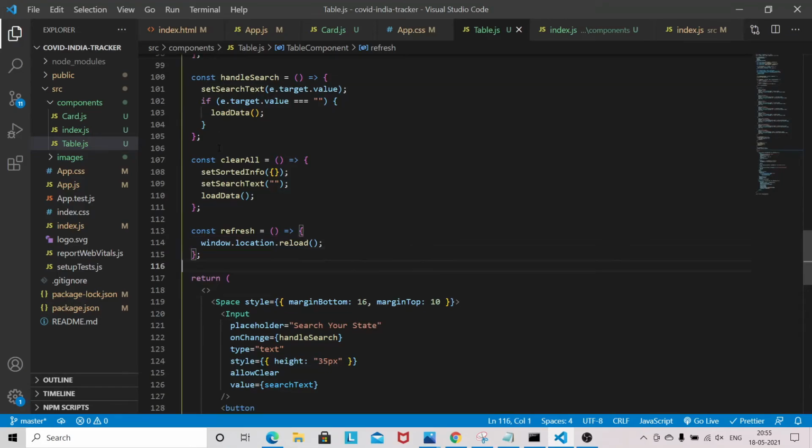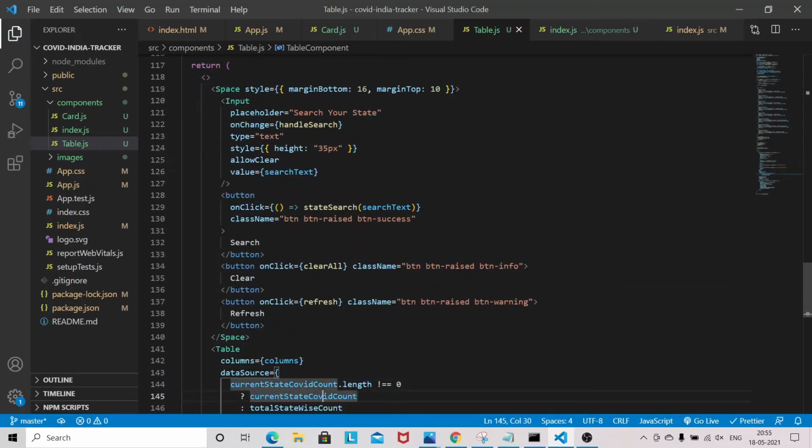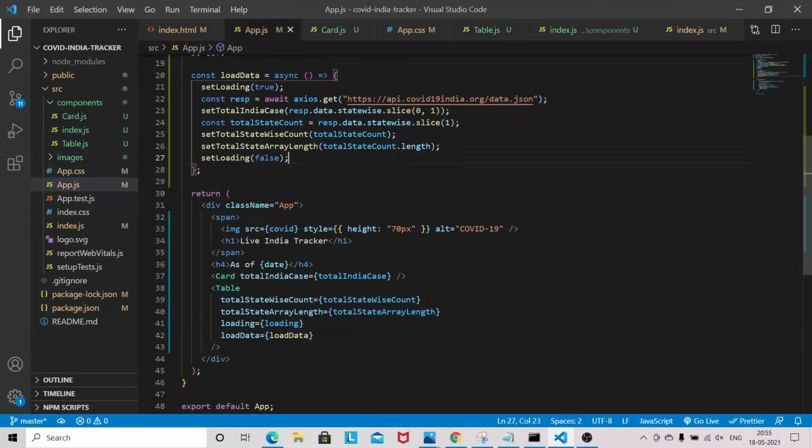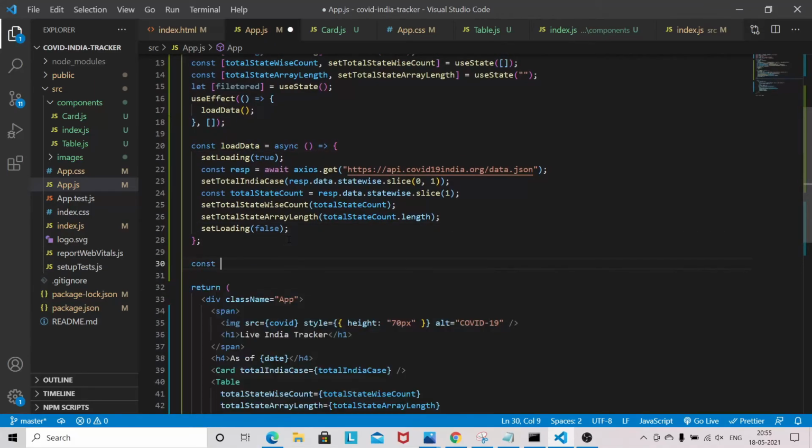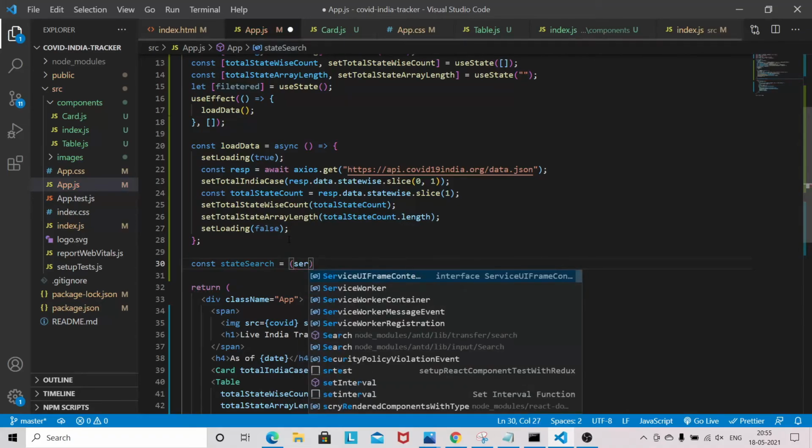Only this thing is required. Now we need this data from the app.js. Okay, so we have to write the logic in the app.js file itself only. So let's start writing that logic. So const state search is equal to search.